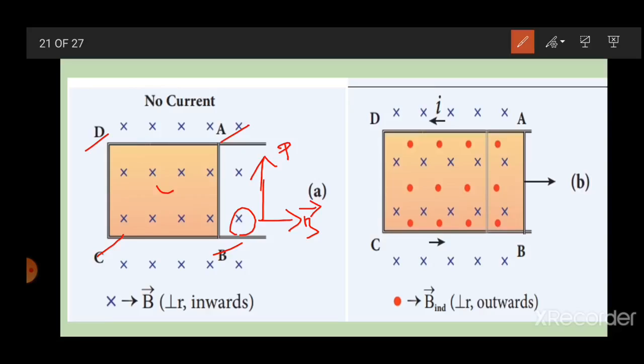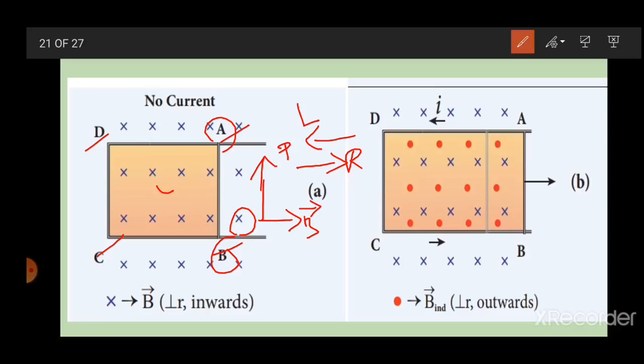The arm AB is movable so that it can slide toward the right or toward the left. Understand? Okay. If the arm AB slides to our right side,